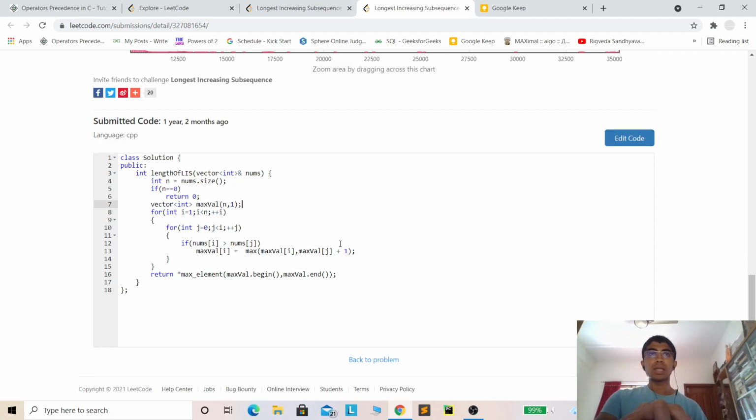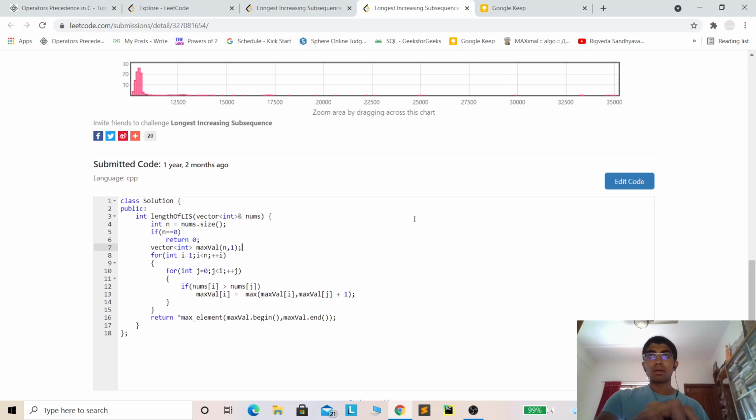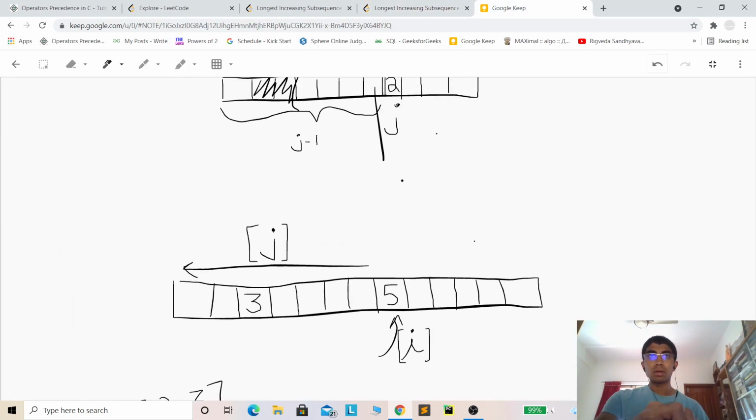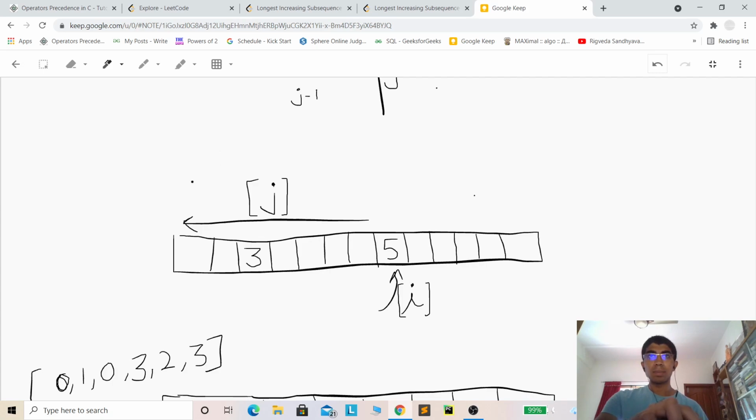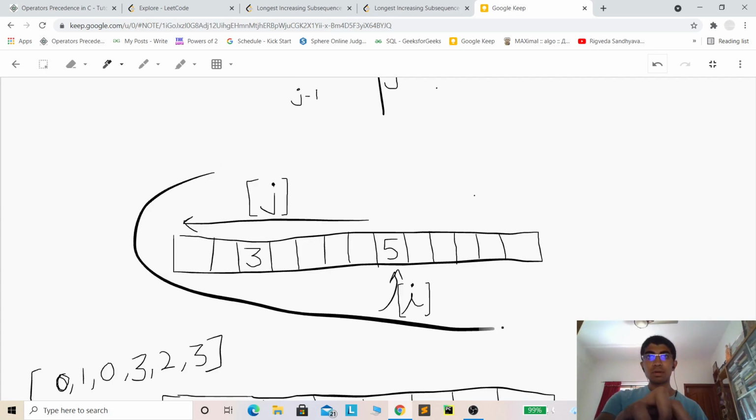Now we have to construct the DP table. For constructing the DP table we go through all the indices from left to right, and for each value of i we go through all the indices to the left of i. For example, say this is the array we have.